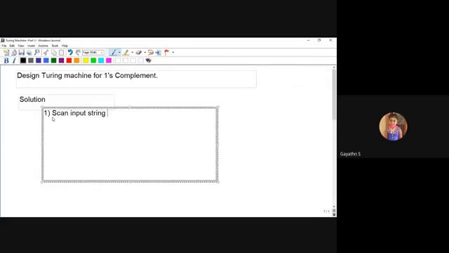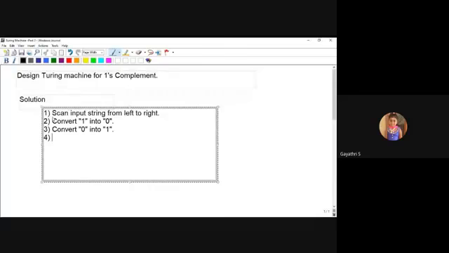Second, convert 1 into 0, and if you receive 0, convert 0 into 1. Next, fourth step, when a blank symbol is reached,